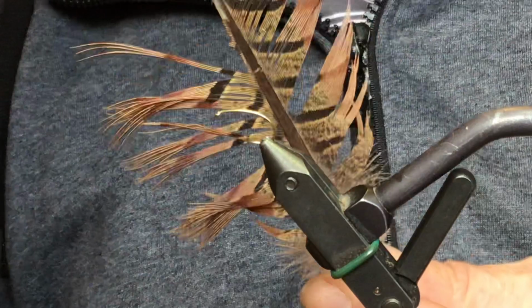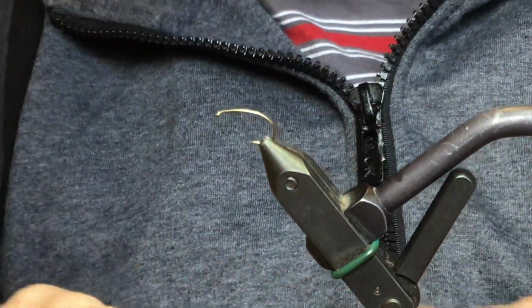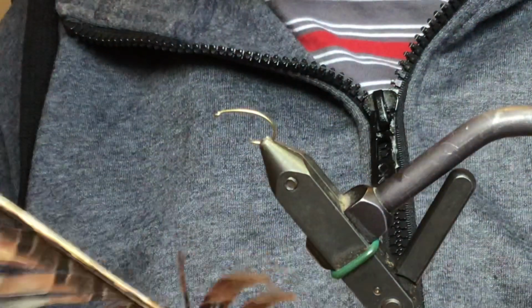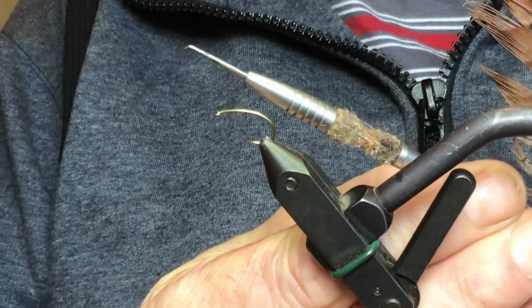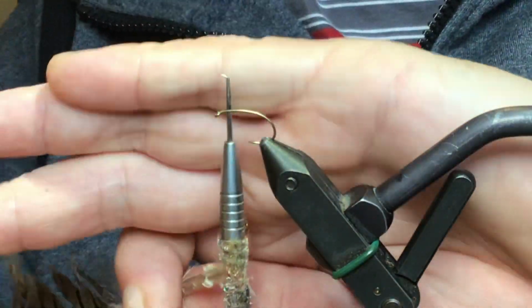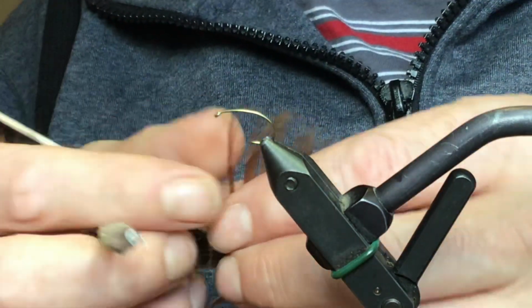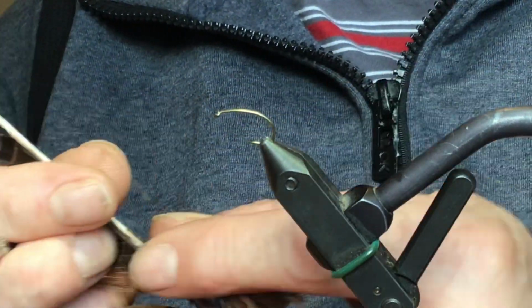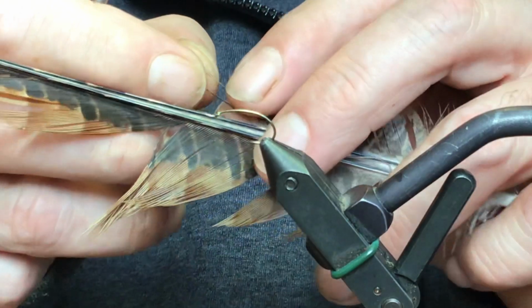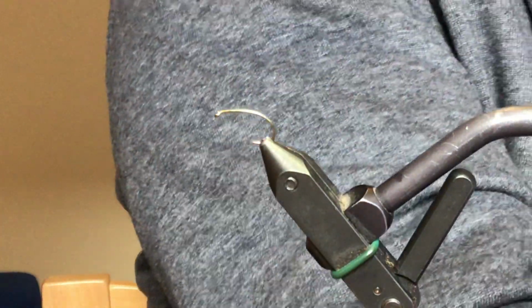So if you're not fond of, you got big old fingers like me, I'm 50 years old, but anyway, small fingers, but I got my CF Design dubbing needle. It's got a little bend on the tip. This is actually quite good to make these fibers, these legs from. So you simply just take one fiber and just fold it around and make a knot. Then you have a leg looking like